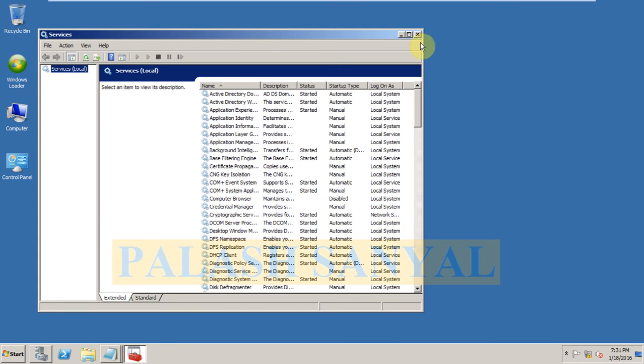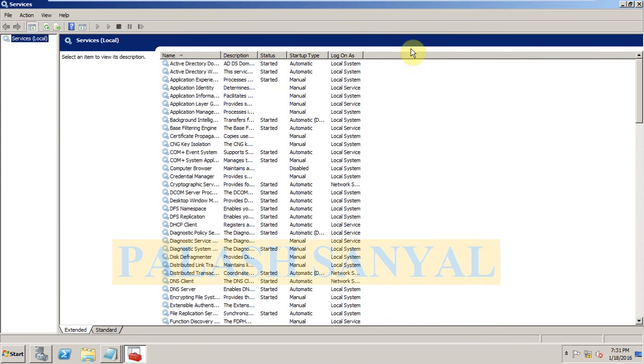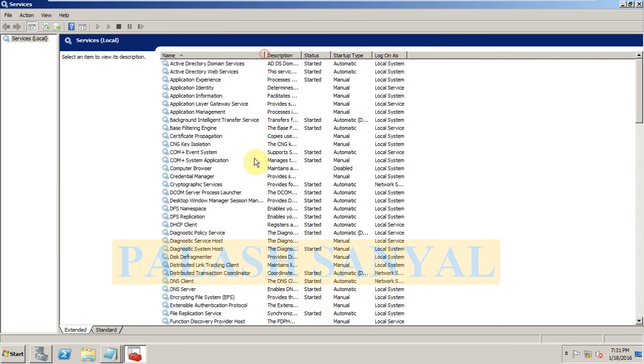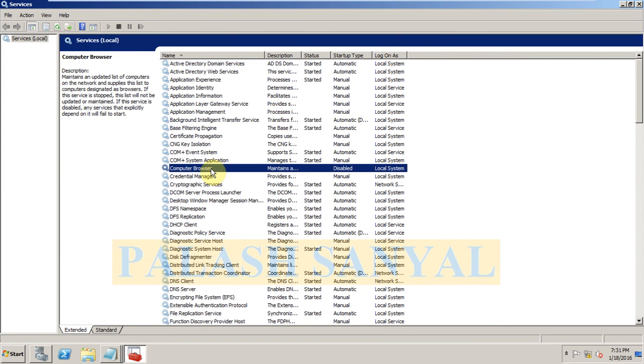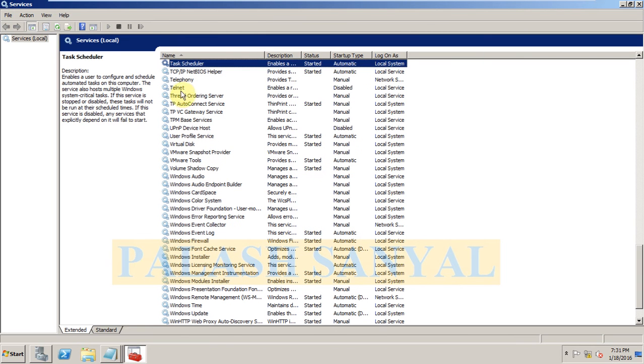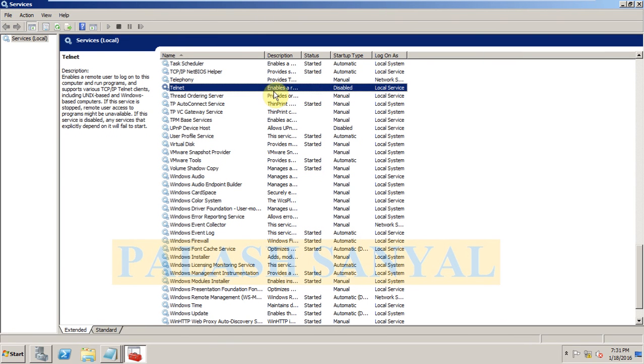Let's open my services options. Then you find the option Telnet service. See, my Telnet service is disabled. By default, the Telnet service is disabled in our computer.